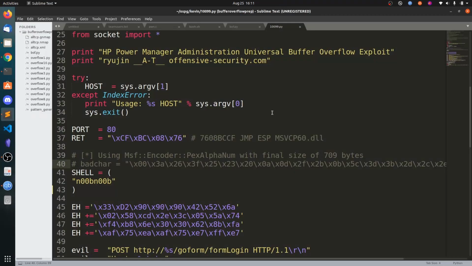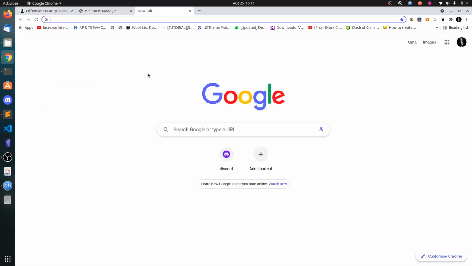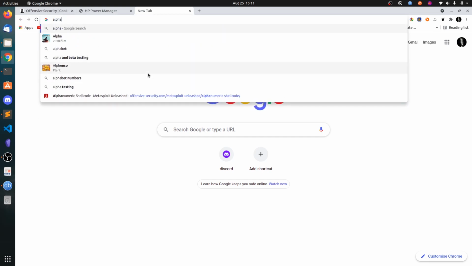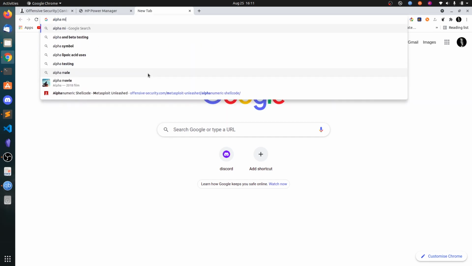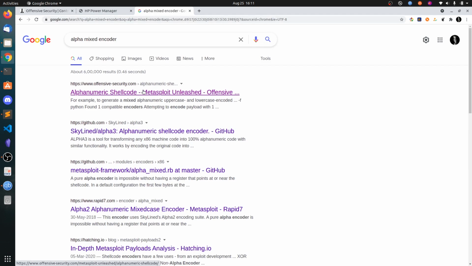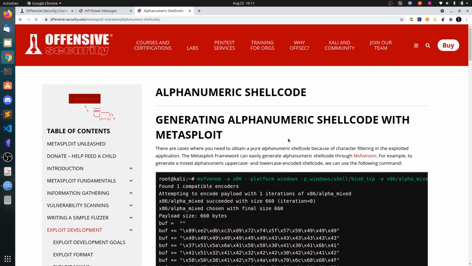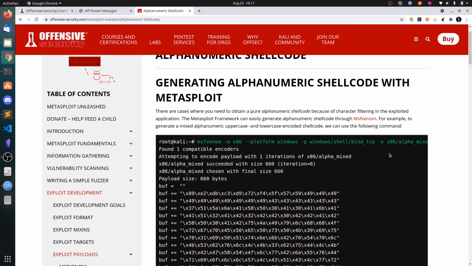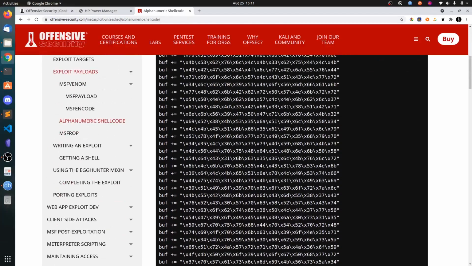So let's search for this. Alpha mixed encoder. I forgot the actual name. x86 alpha underscore mixed.